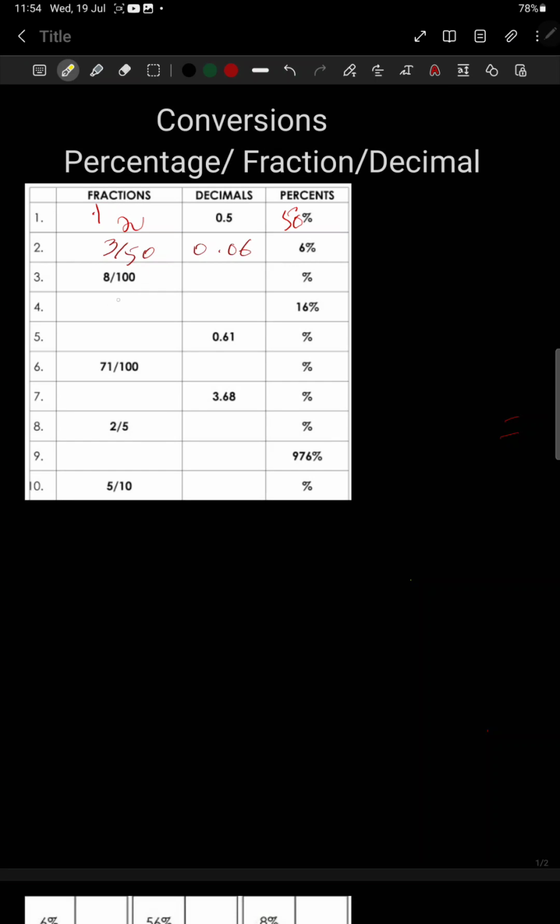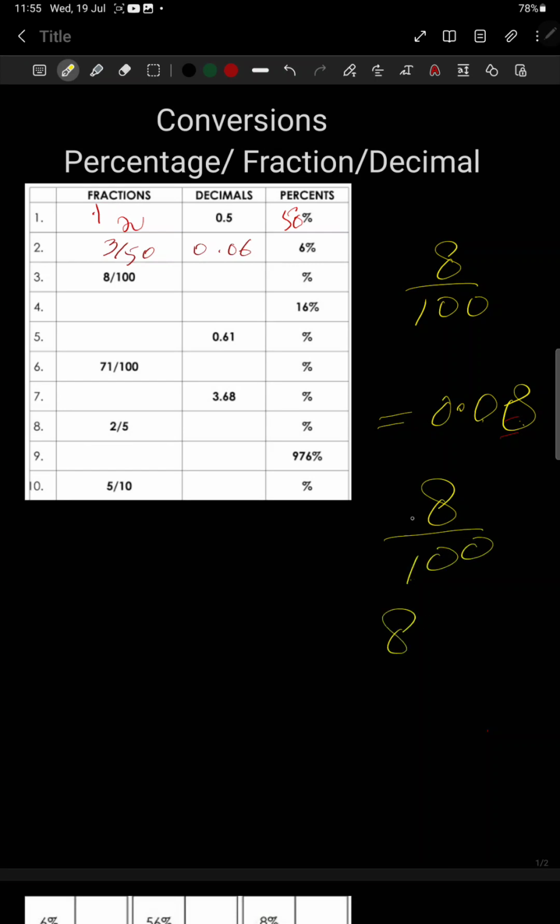Next number is given in fractions, so it is 8 by 100. It is very easy to convert it into decimal. I will go 2 steps back, so it will be 0.08. The decimal will go from here 2 steps back. 1 step, 2 step, 1 digit, 2 digit. It will be 2 digits back. So in the decimal column, it will be 0.08, and in the percentage column, it is 8 by